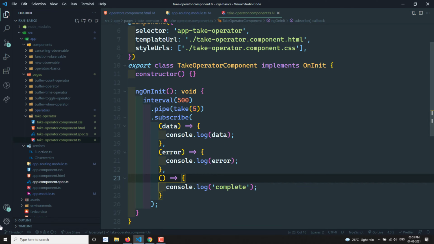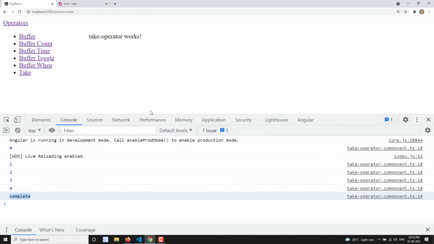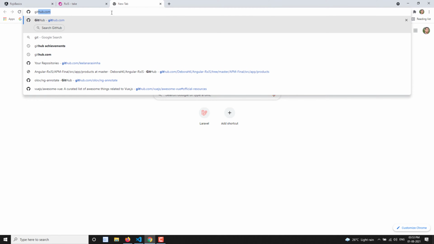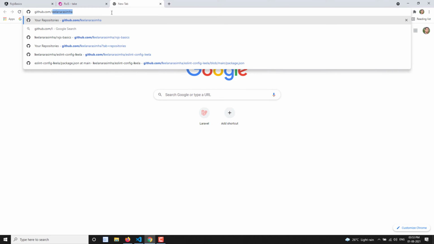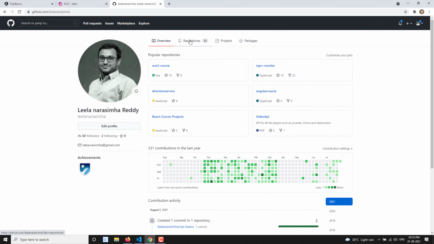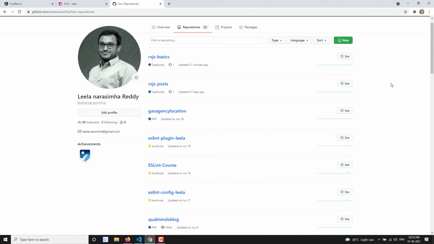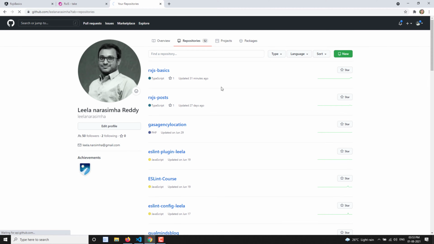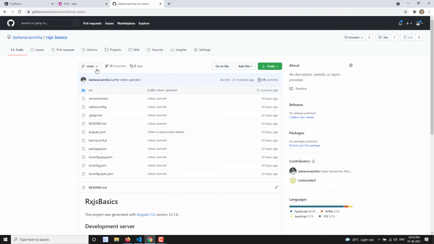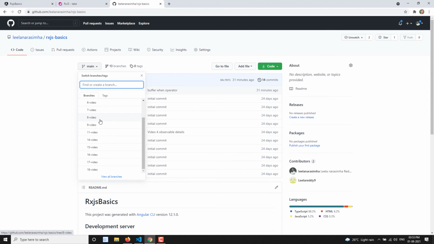So I will commit this code in the branch of 19-video. Whenever you have a doubt or you want to take a look at all these operators, I will be posting all the code in my github.com/Leela Narasimha. You can take a look at this GitHub account, and in the repositories you will have all the repositories that I am teaching in these YouTube courses. So here in the rxjs-basics, if you go to check the branches, you will have all the branches.